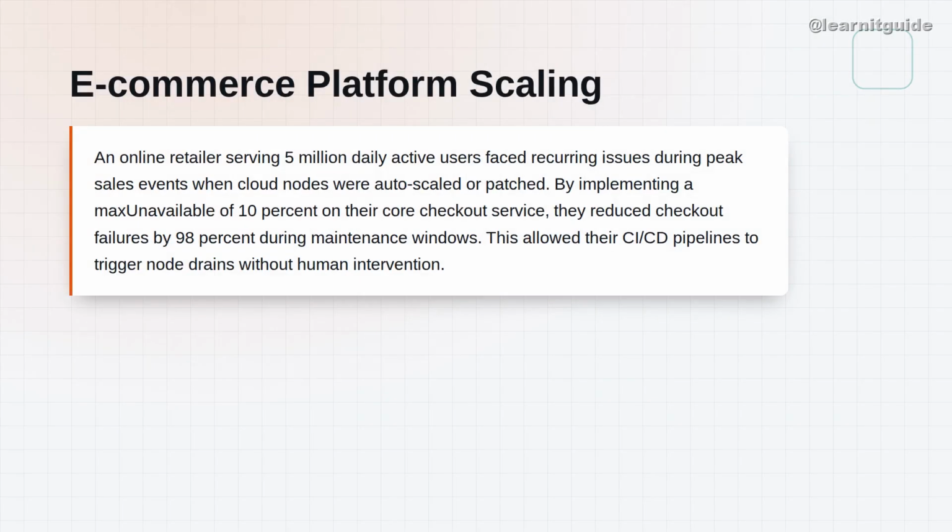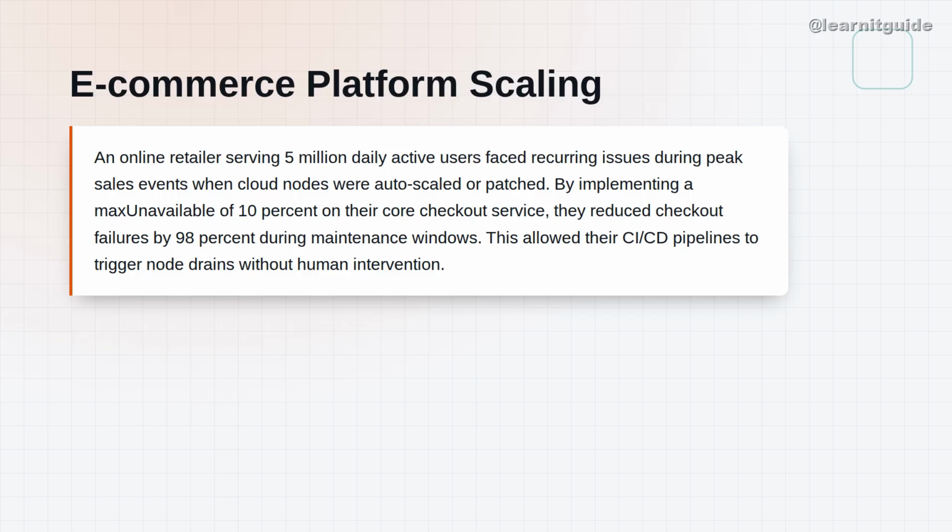Let us look at a real-world scenario. An online retailer serving 5 million daily active users faced recurring issues during peak sales events when their cloud nodes were auto-scaled or patched by the infrastructure team. By implementing a maxUnavailable policy of 10% on their core checkout service, they reduced checkout failures by 98% during maintenance windows. This allowed their automated CI/CD pipelines to trigger node drains without human intervention because the PDB safely